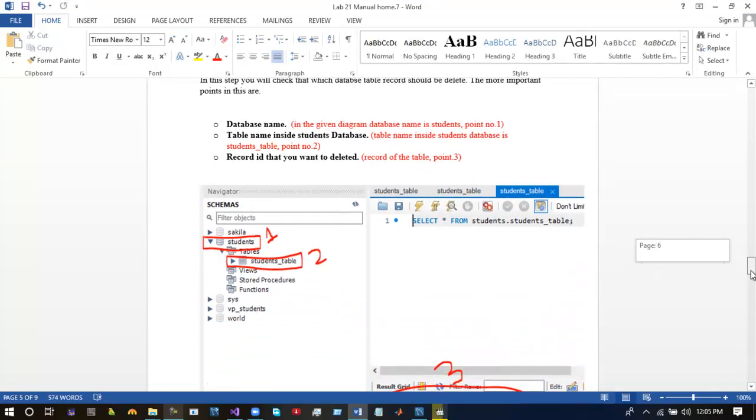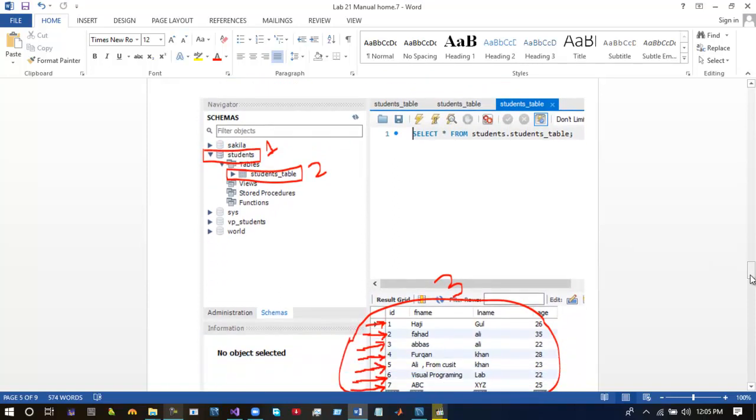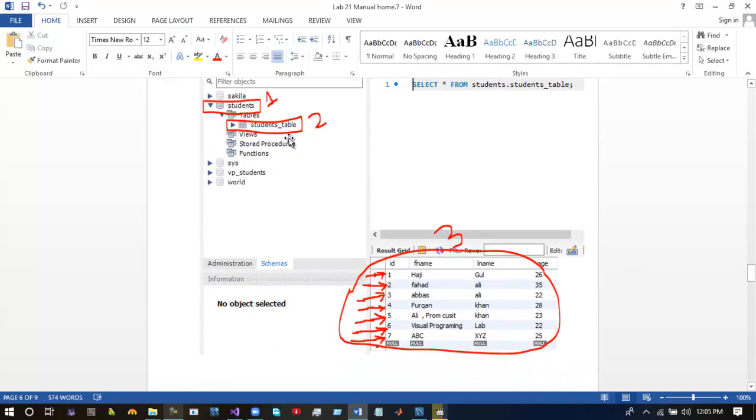In step number 6, this is the screen of your MySQL Workbench. Point number 1 is the representation of the database, the students database, and this is the students_table of this database, and all these records belong to this table.